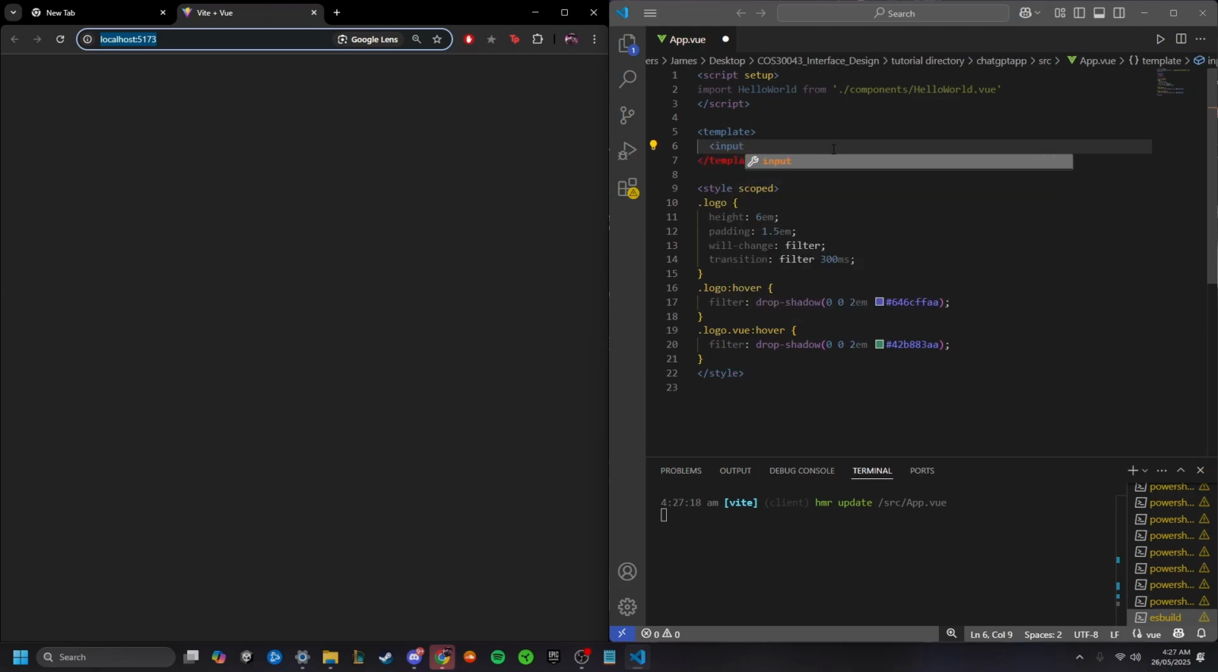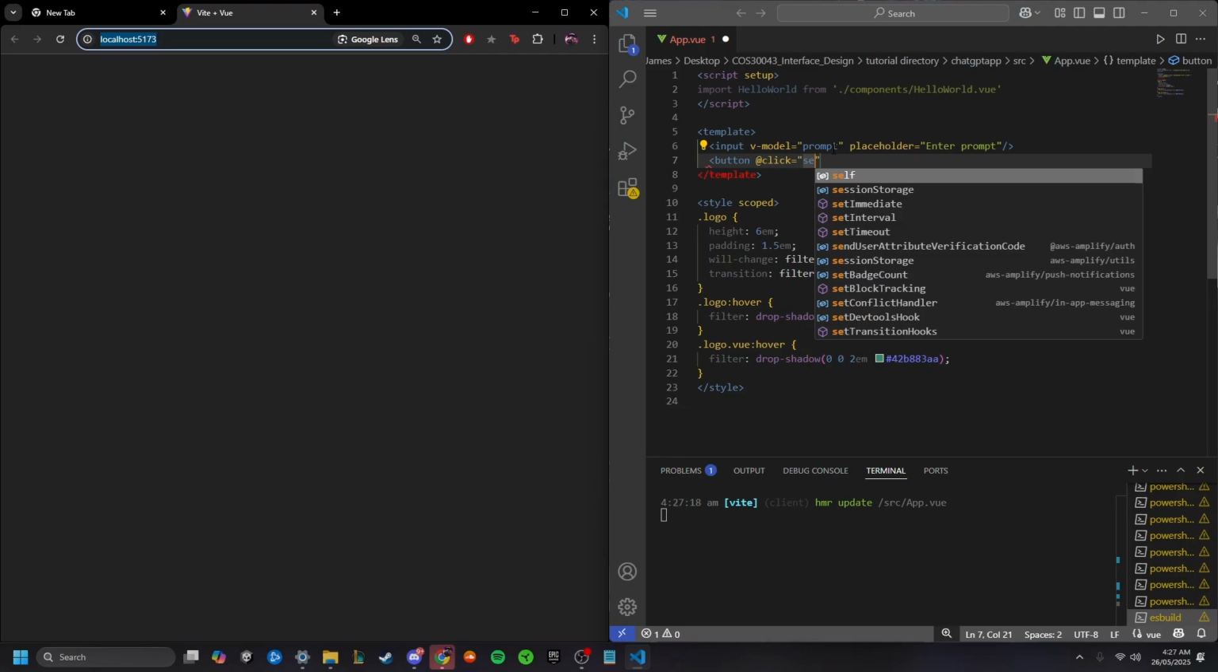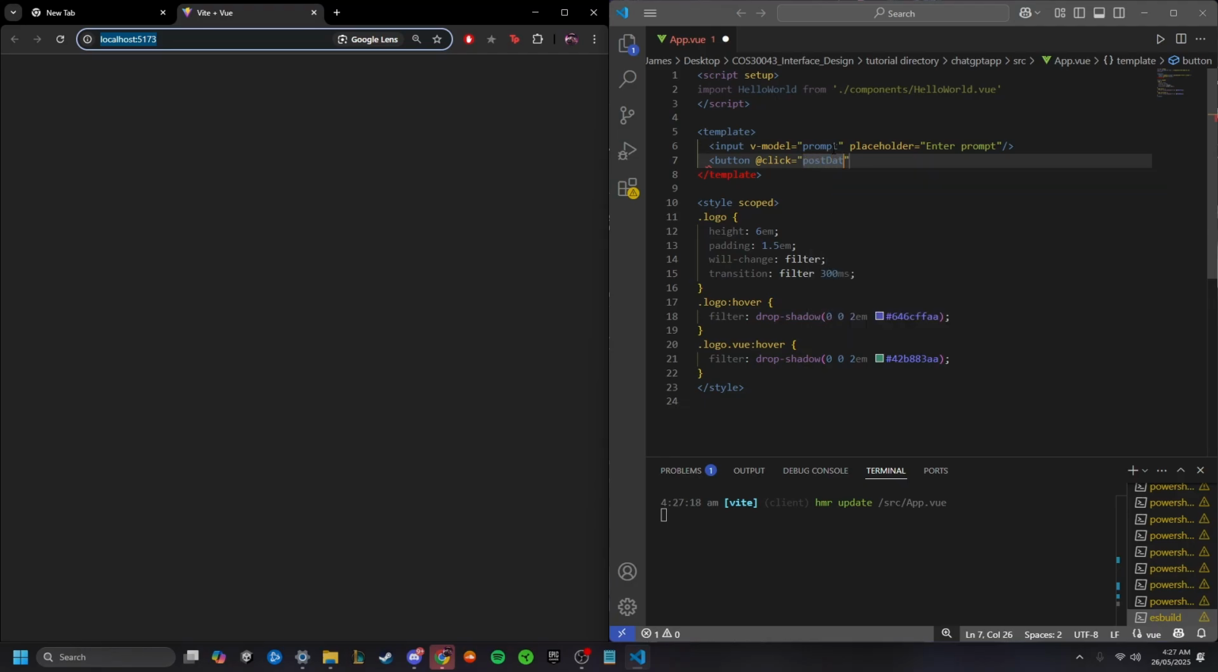For this tutorial, all we need is an input where we're going to attach a v-model to it, so we can call it in the script, and we're going to put a placeholder on it, just "enter prompt". That works. We need a button to be able to submit the data, and so we want to make it call a function. Let's make it postData, and then we will just make it say "submit prompt",